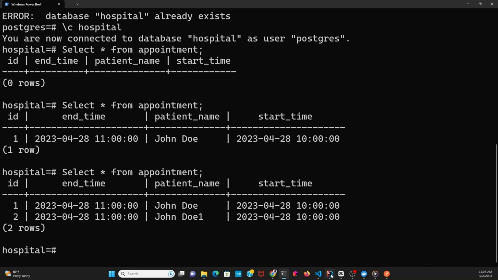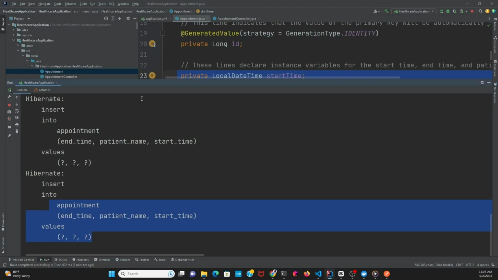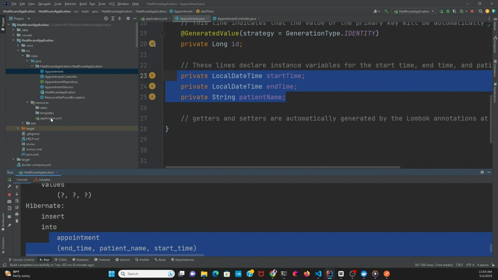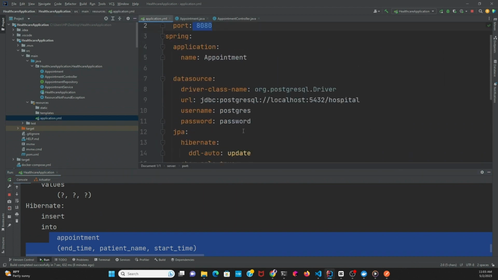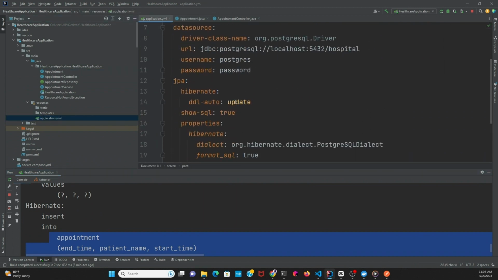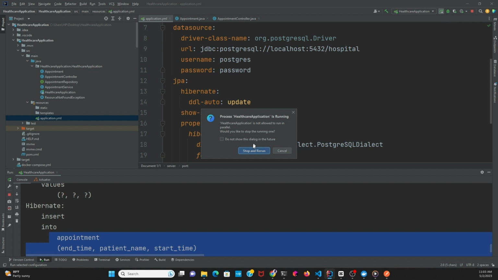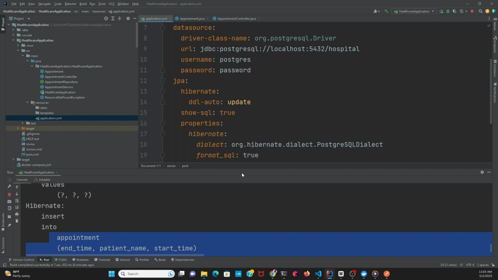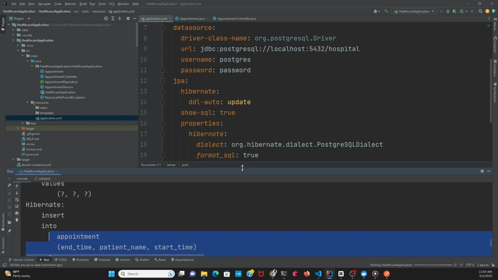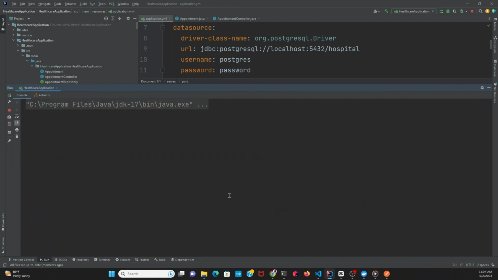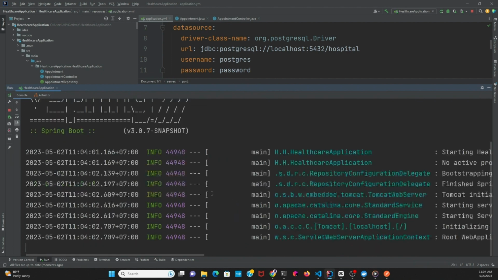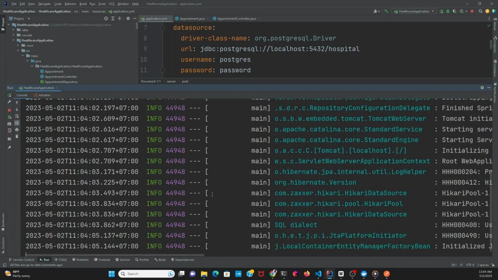If I come back to my application.yaml, I say that this one here is update. If I run my application again,